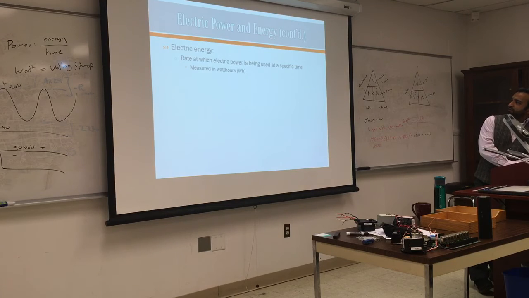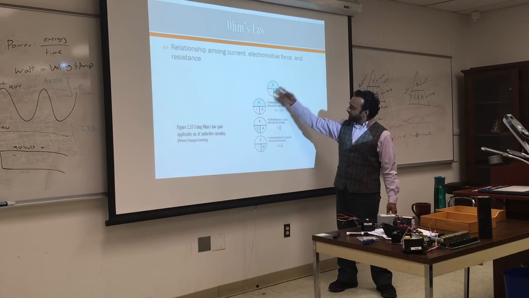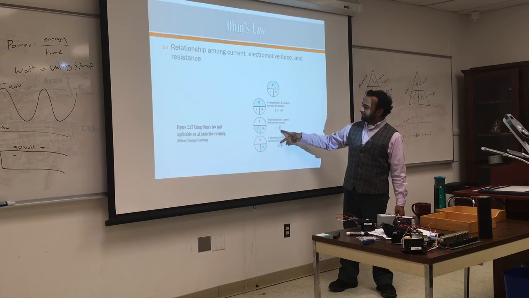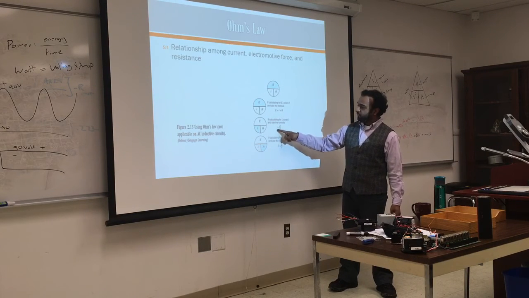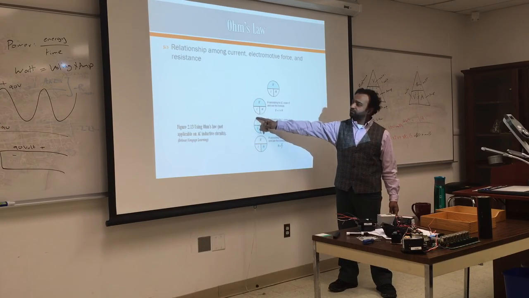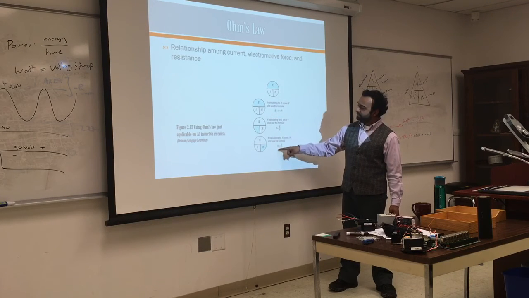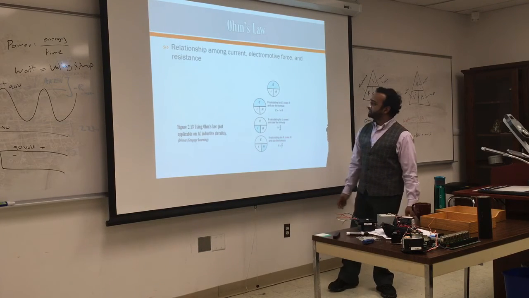Electric power and energy, we talked about that. It's measured in watt-hours or kilowatt-hours because they don't want to give you a huge number, so they put it in kilowatts. And this is the same power law we have here. It gets a little bit complicated, don't worry about that, they give you all the variation. So if you want I, here is the amperage, the book referred to the current as I instead of A. So I is E over R, which is voltage over R, and the same thing here, it's just a variation.